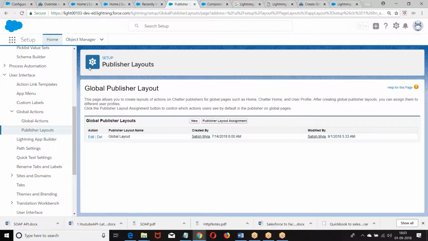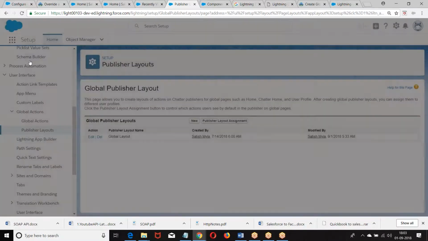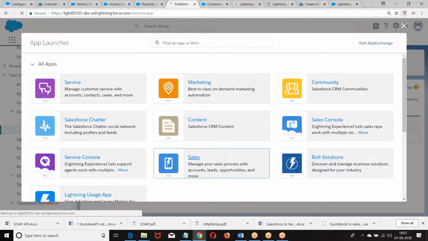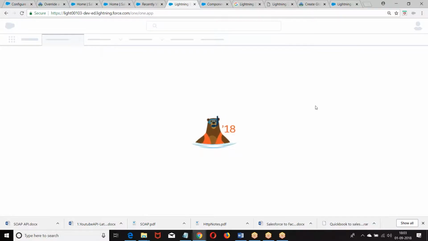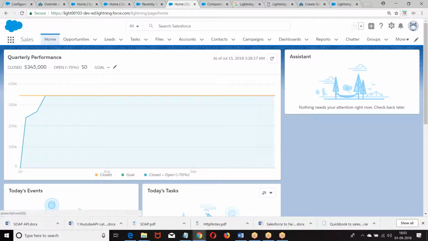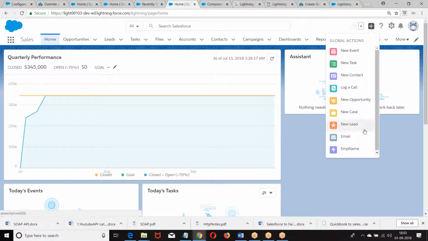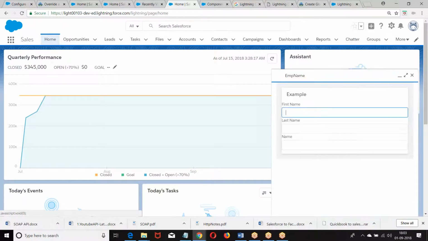Right. So go back to this. So we have EMP name. We click on the EMP name. This is how we got last name, first name. So, quick action. This is a quick action. Now it is up to your choice. When you click on it, you can create buttons there. When you click on that, you can go to the controller, get the records, insert the record, whatever you want to do, the same operation.